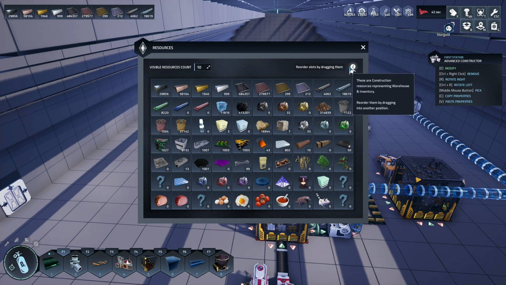I do kind of wish there was a way to reset them to their defaults. But I don't think there is. I don't think there is. So we could do them in the default order of things. So